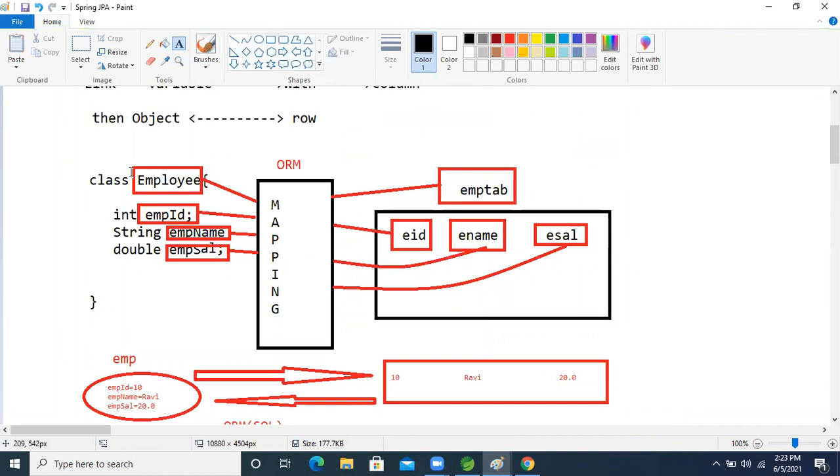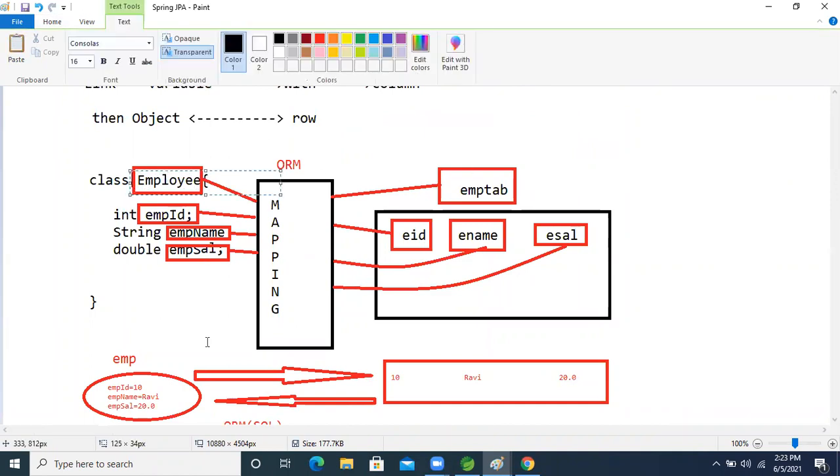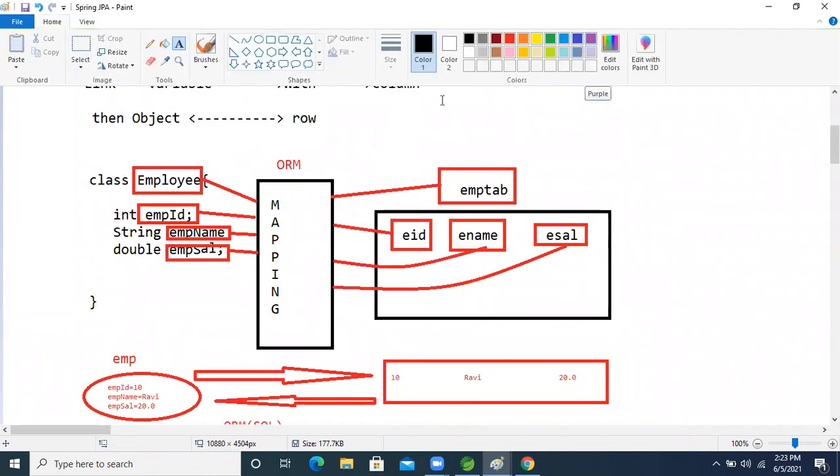If you just use at the rate Entity, and whenever you perform the operation, what will happen now? Our ORM framework will create the table name based on the Employee class only.